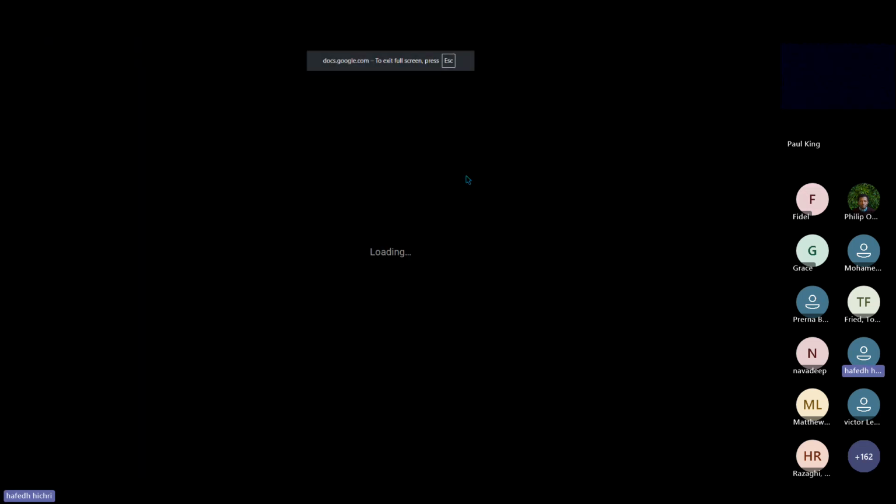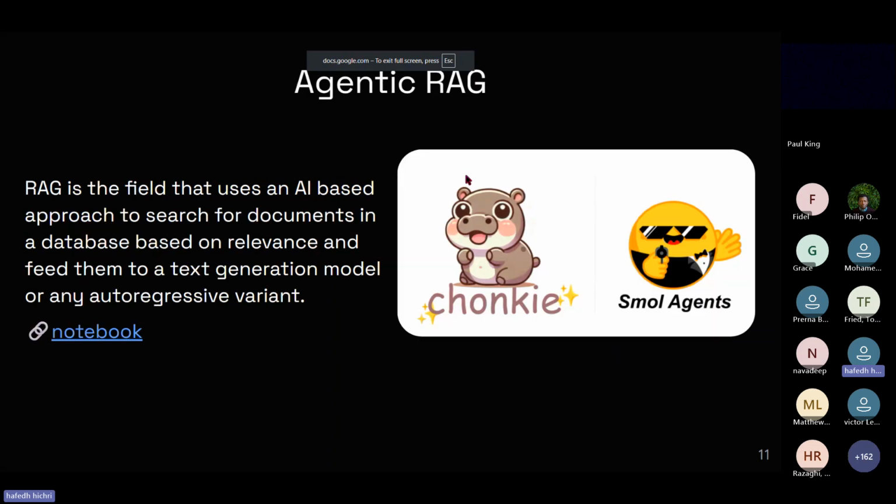All right, let me go to the next slide, which is slide 11. Slide 11 in here is going to be an agentic RAG example. And first of all, I need to define what RAG is and how all of this fits together. RAG is essentially like